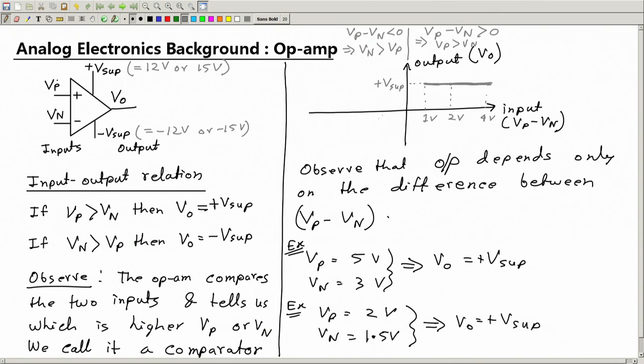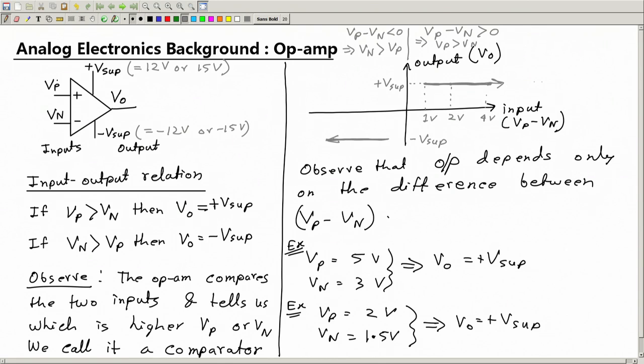But on this side, the left side, VP is less than VN. So the output now should be negative, and it will be negative and constant. No matter how large or small this difference is, no matter how much more the VN is compared to VP, it can be more by 1 volt, it can be more by 2 volt, but the output will always be negative. So this is how it is. It's constantly negative,